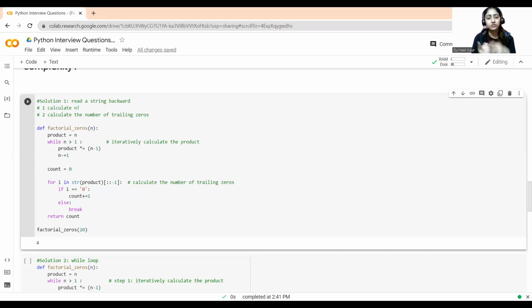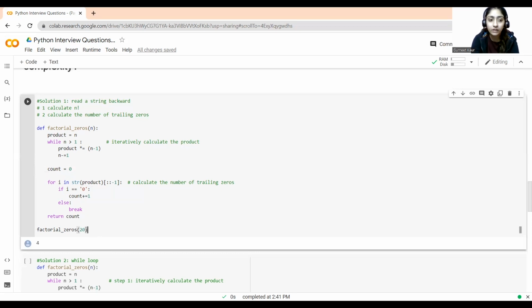If there are two zeros, the count will increase accordingly. If there is no 0, it will break the loop. That is the reason the break command is essential over here. So as we can see, if i is equal to 0, count will increase, else it will break.